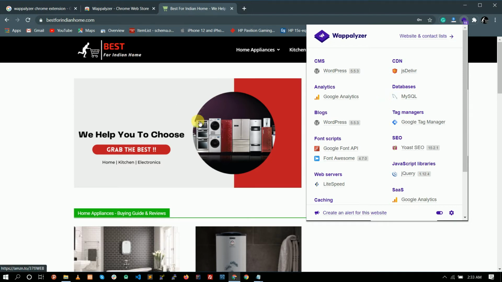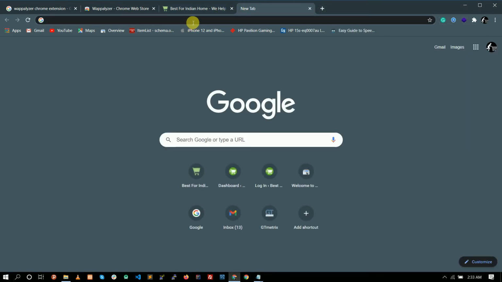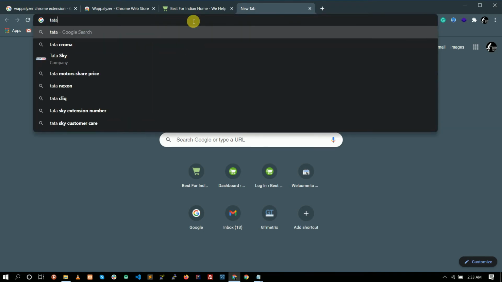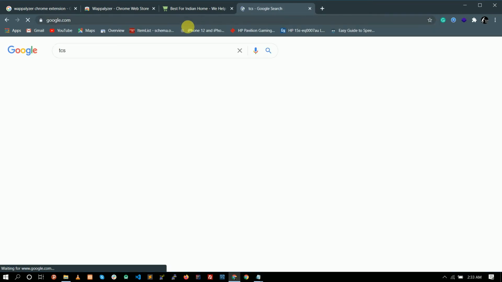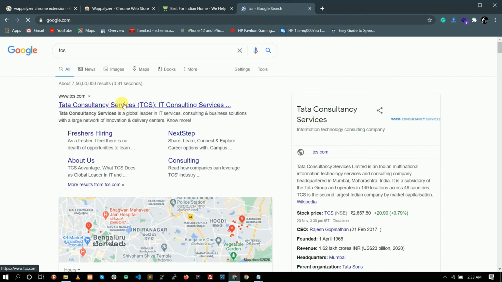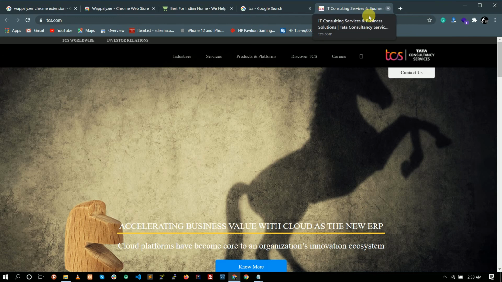So let us check another website. Just open a new tab and search for Tata Consultancy Services, TCS. Just hit on the first site. Yes, tcs.com.